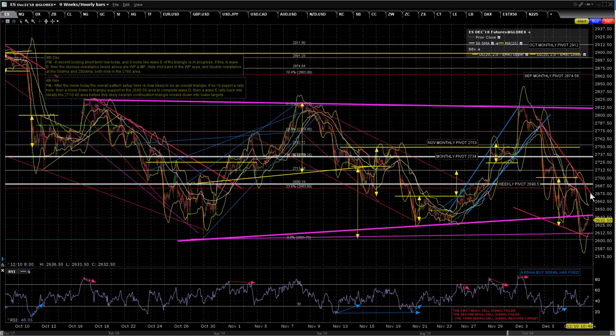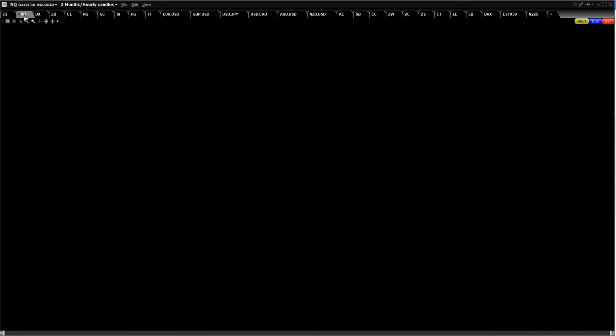Stan was talking about the 2675 area. That's where I've got my trend line. So that would be interesting to see. Break over that trend line, and that opens the higher targets. Right. In Q,